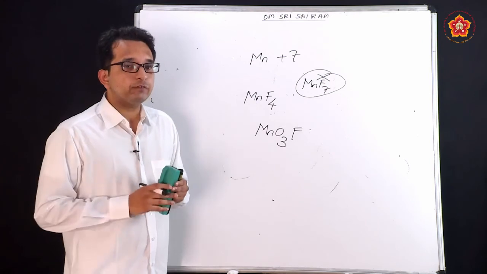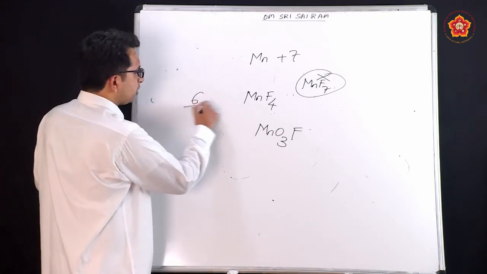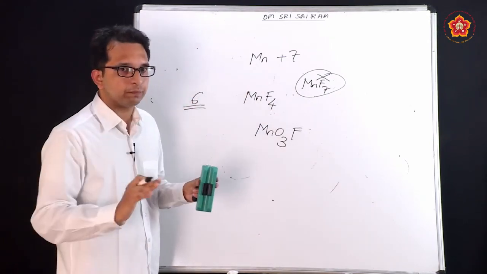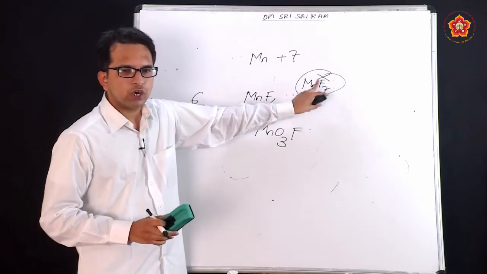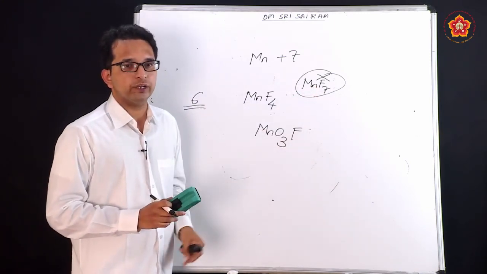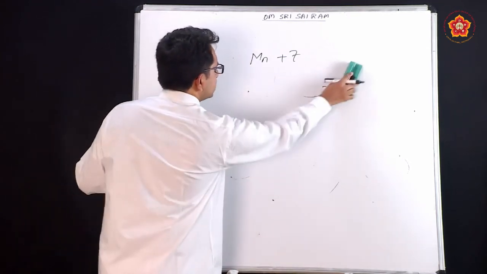In the next chapter, coordination chemistry, we will realize that the maximum number of ligands attacking a metal can only be 6. This we will see in the next chapter. So, that is why this is not a possibility, but if you want a combination compound with oxygen and fluorine, then that is a possibility. So, this is what we see about the stability of halides.